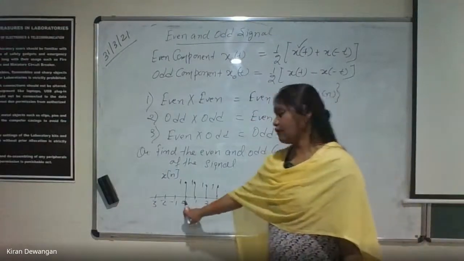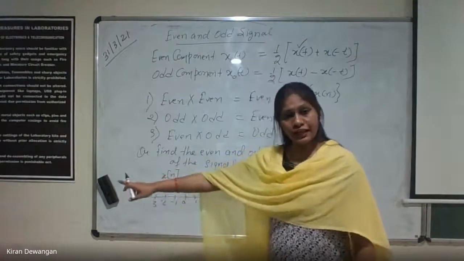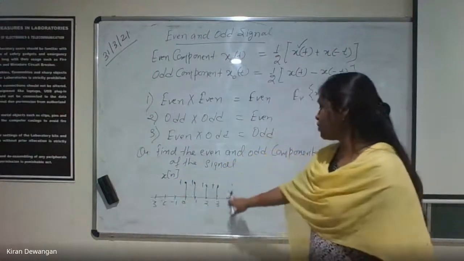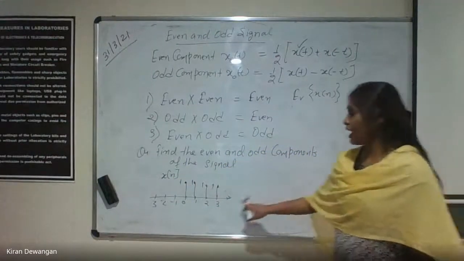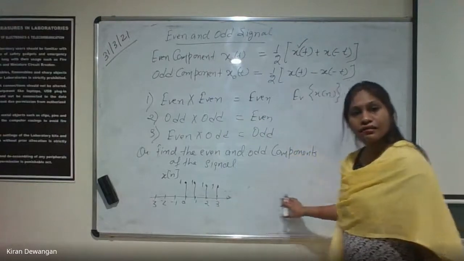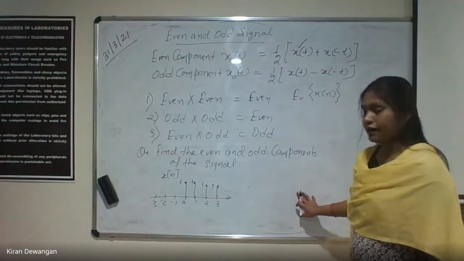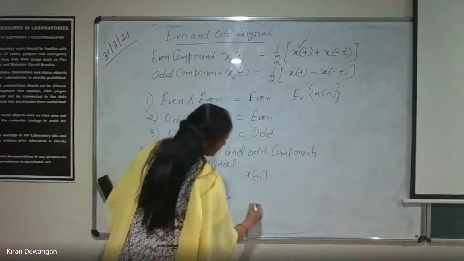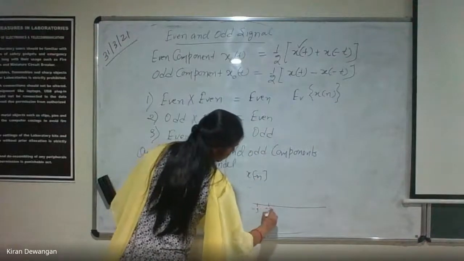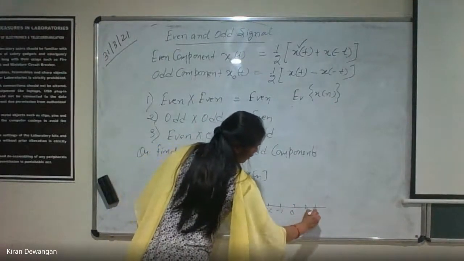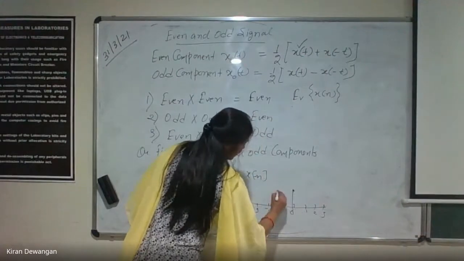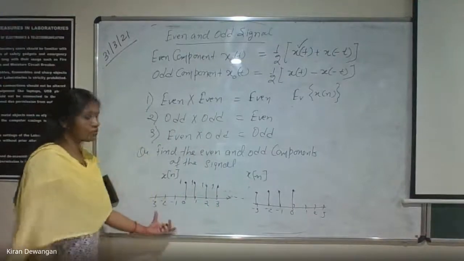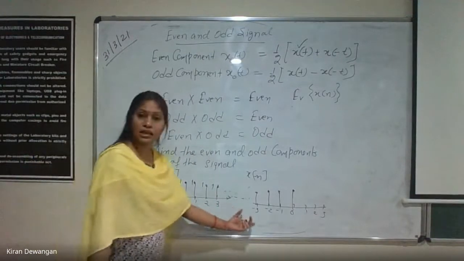Minus n will start from 0 and it will go in the negative n side, because this is increasing in the positive n side. The values are all 1 and the values are increasing for all the positive values of n. So if we have to plot x of minus n, the values will be minus 3, minus 2, minus 1 and 0, 1, 2, 3. These values will be 1 and it will be moving in negative n side. So this is x of n and this is x of minus n.